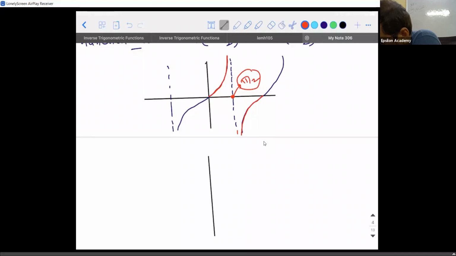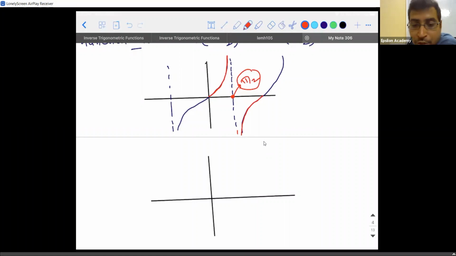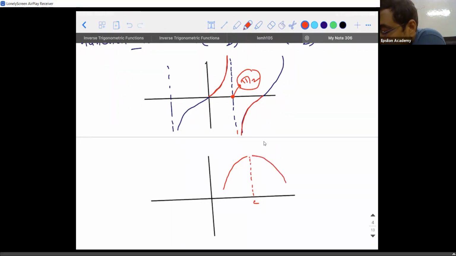Now to answer Rohan's question, he asked me, is there a possibility? In this scenario, I got the left limit equal to the function value, but not equal to the right limit. So his question was, can I have a function whose left limit is equal to the right limit, but not equal to the function value? I can have a curve like this, such that I have an open circle here and an open circle here.